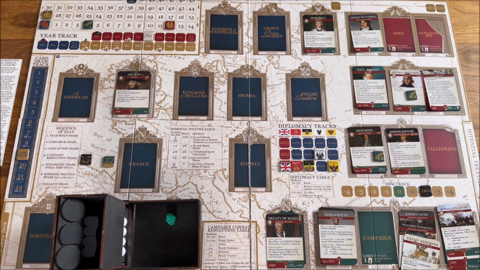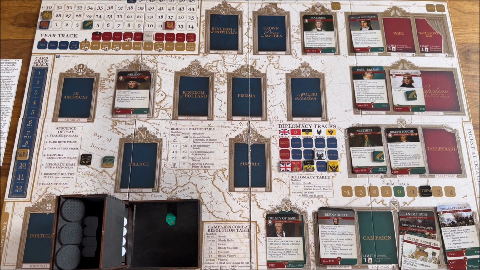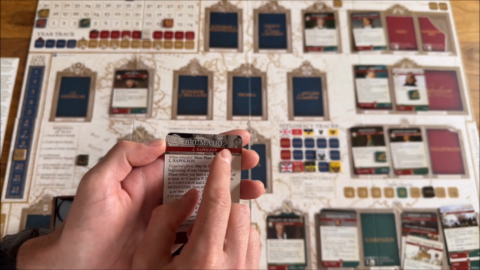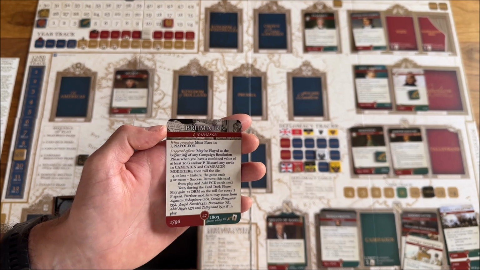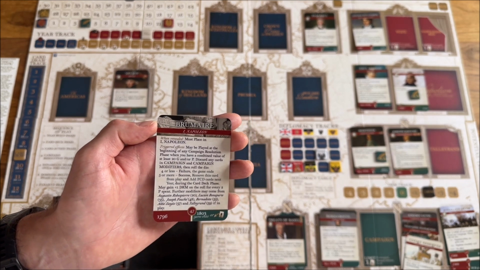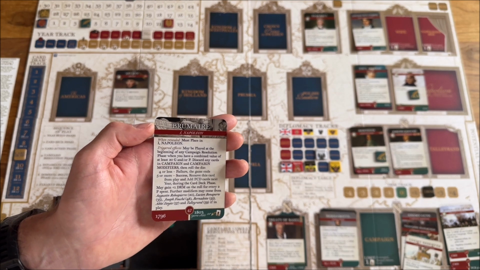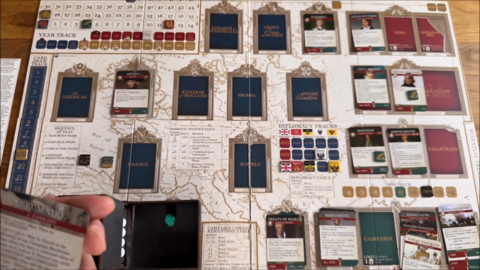But what we will try and attempt to do is to actually overthrow the government and take the power for us. So again, we'll play Brumaire. I'm not French, sorry if I mispronounce it. May be played at the beginning of any campaign resolution phase when you have a combined value of at least 20 glory and or political points. We still have